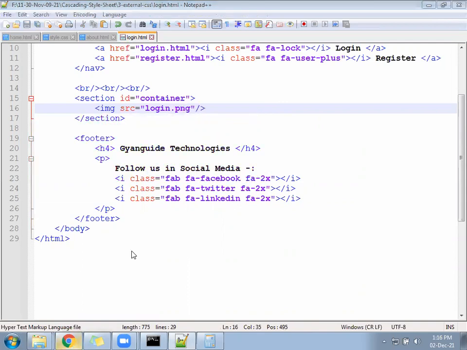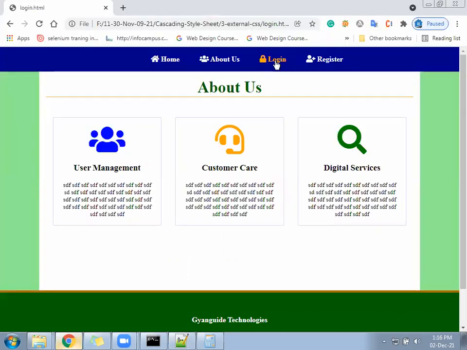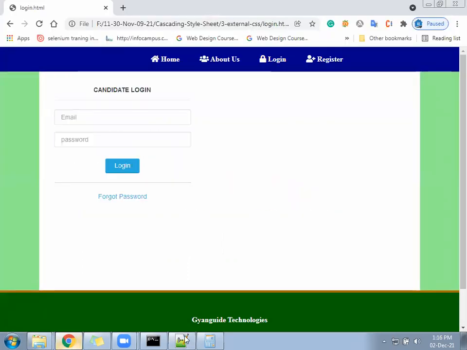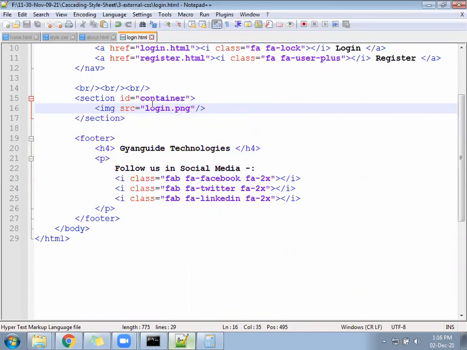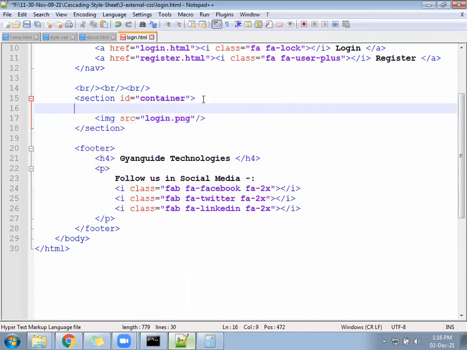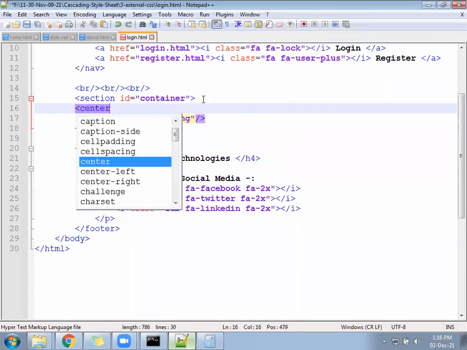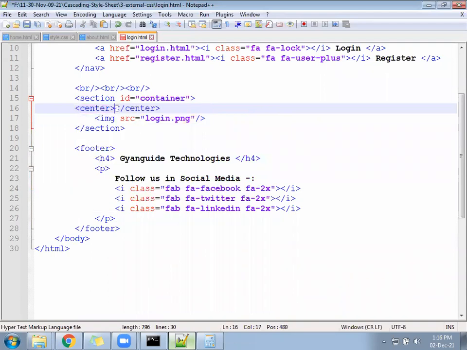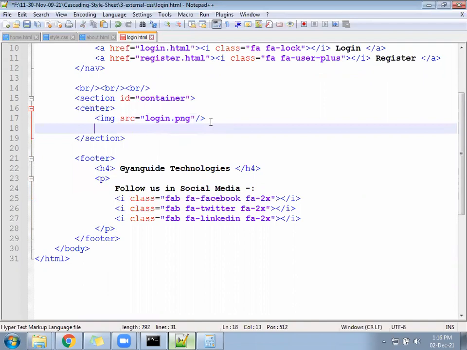Let me see how the login file looks. It went to the left-hand side, I'll keep it aligned center. You are not going to call the image, you are going to design the page like that.